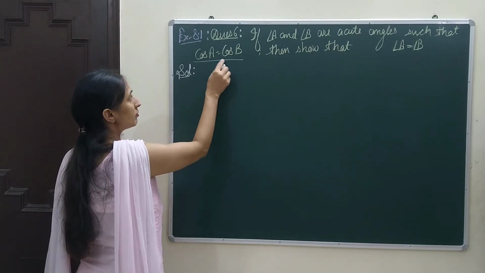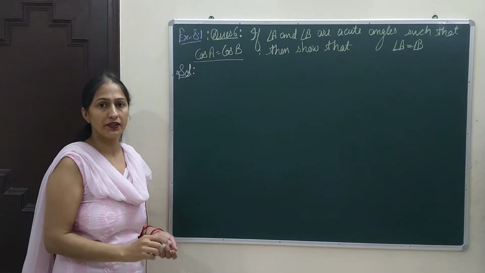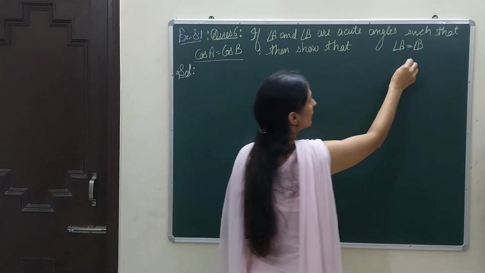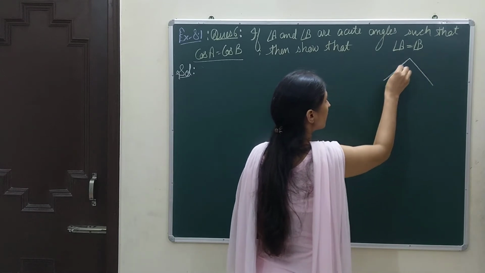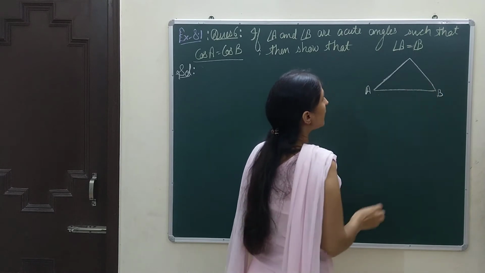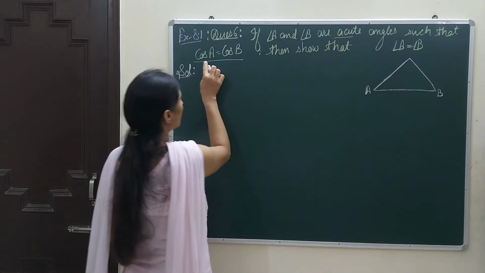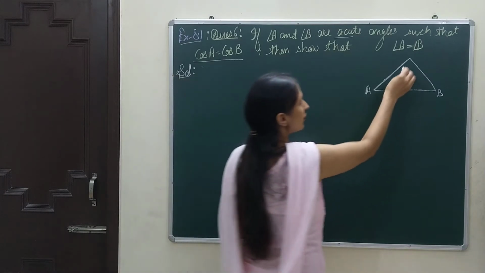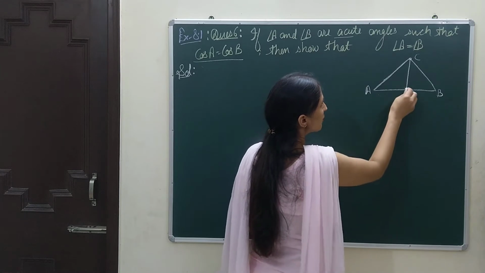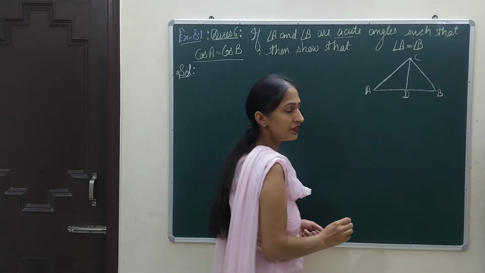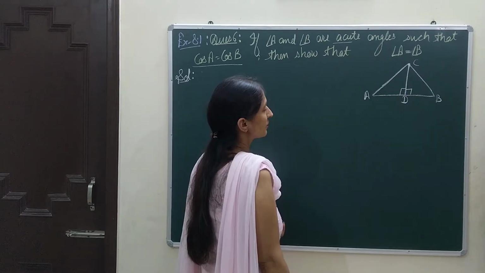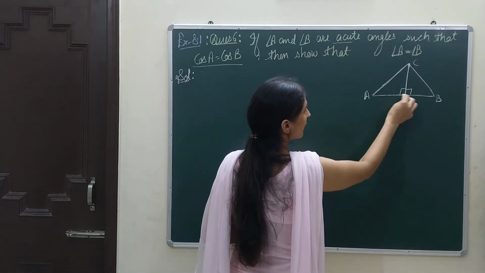If we are dealing with trigonometry, then we are using right angled triangles, but here we are not given that the triangle is right angled. So we will take one triangle in which two angles are acute. Let A and B be acute angles as given, but we need one right angle. So from the top point I will draw one perpendicular which will meet the side BC at D. Now if this is a perpendicular, that means here it is forming 90 degrees. So here both angles are 90 degrees.